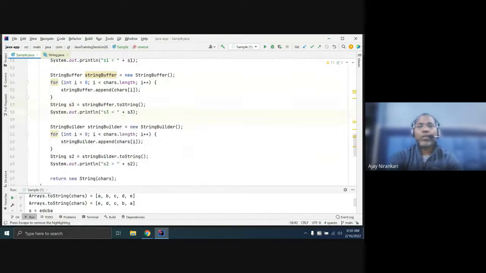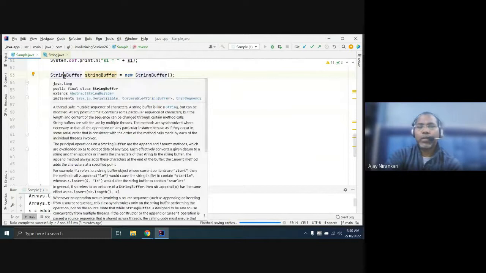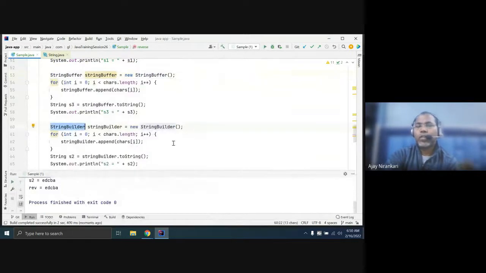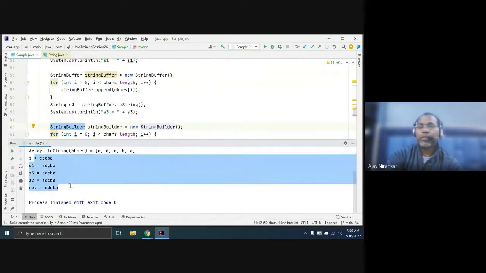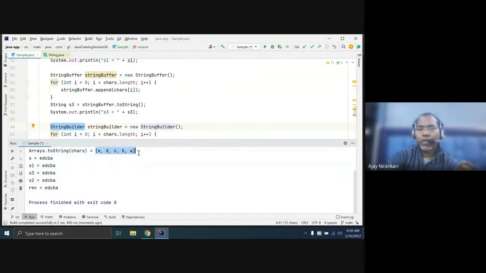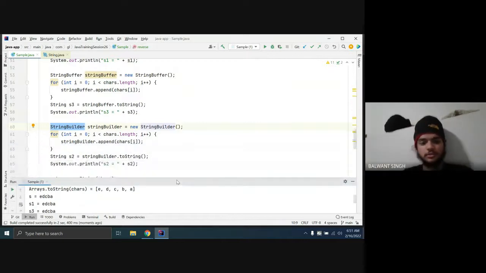So both are the same thing, StringBuffer or StringBuilder. But StringBuffer is the synchronized class and StringBuilder is not. This is the internal detail, but all have the same things. All convert your character array to a string object.